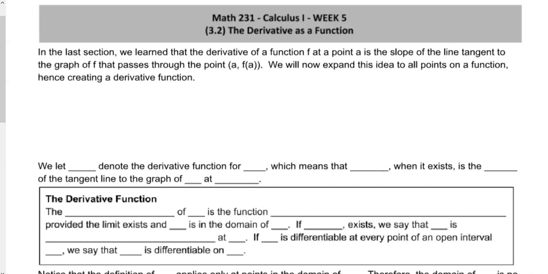Moving into section 3.2. This will evolve from section 1, in which we will now go away from having a derivative of a function at a single point to being allowed to figure out what the derivative is of the function as a function. So, in our last section we learned that the derivative of a function f at a point A is the